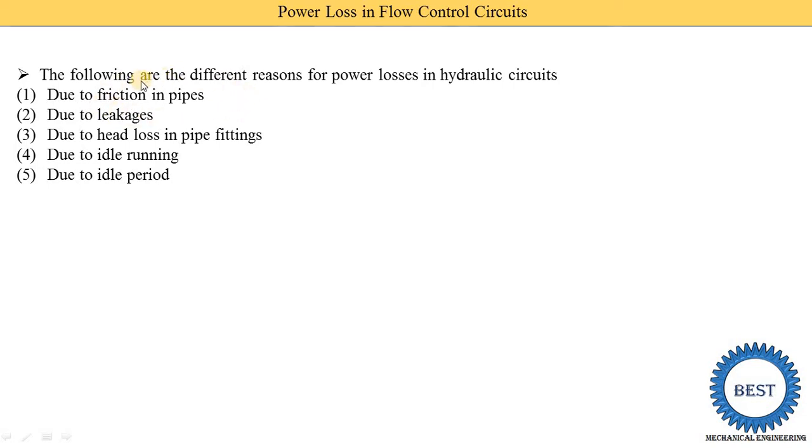This theory you already studied in the fluid mechanics subject. That is a major loss and minor loss in a pipe. Major loss is due to friction and the other is the minor losses. In fluid mechanics you also study losses due to sudden contraction, sudden expansion, and sudden enlargement. So these are the various losses. First we understand the loss due to friction in a pipe.